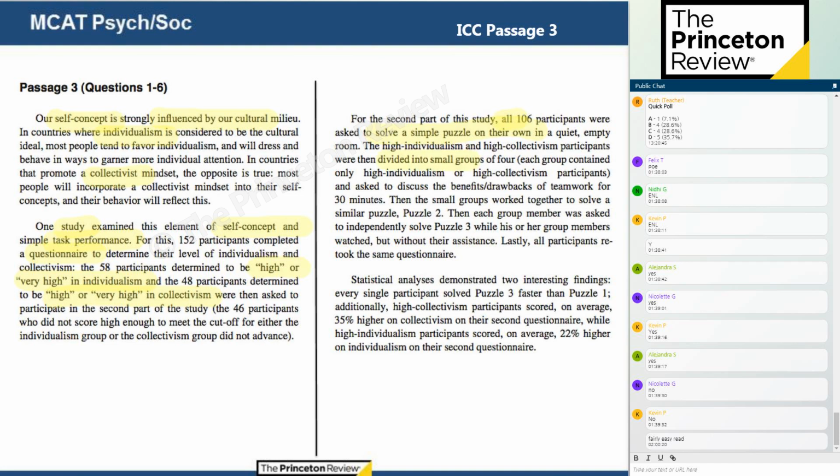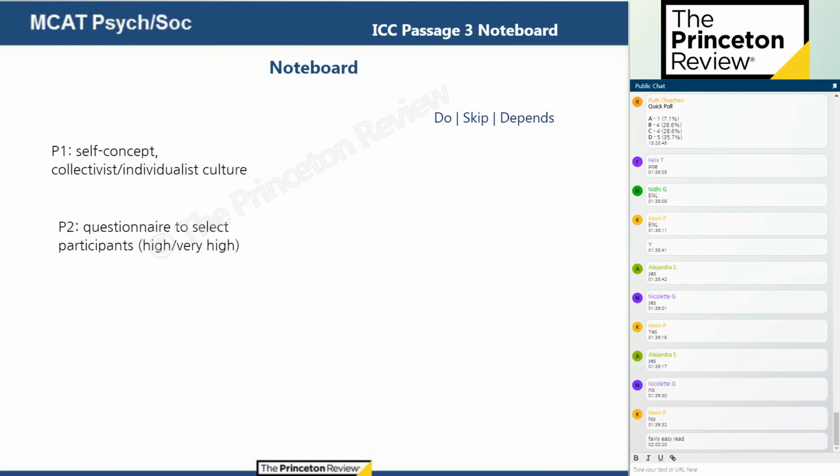Then divided into small groups of 4 to discuss benefits and drawbacks of teamwork. Then small groups work together to solve puzzle 2. Then each member solved puzzle 3 while watched. And then everybody redid the same questionnaire. So